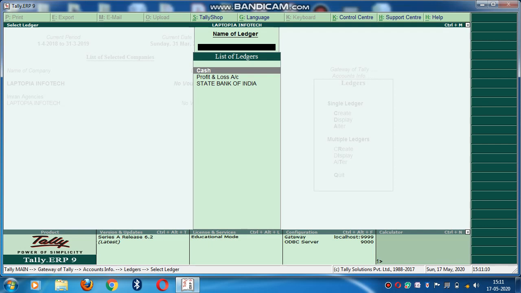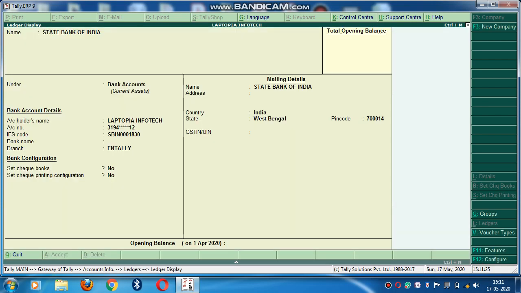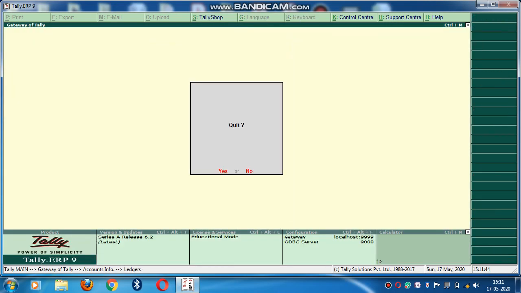Yes, Cash and Profit and Loss Account already exist, we don't have to create them again, but another ledger we have to create. I have created State Bank of India as the first ledger, so I can see it in Display. Yes, my ledger is created. My ledger is State Bank of India, it comes under Bank Accounts, Current Assets. Fine. So this is how we can create a ledger.